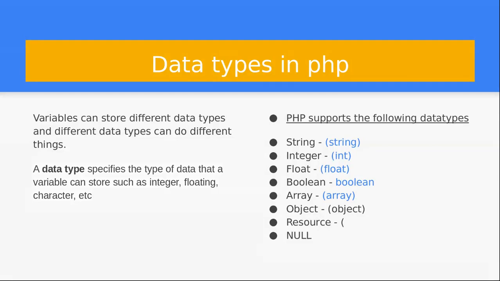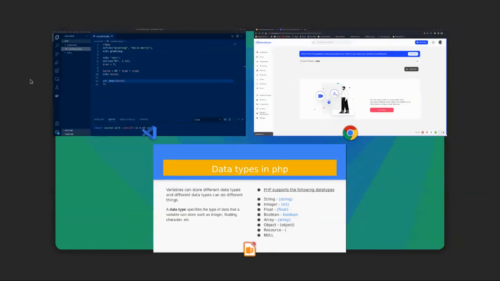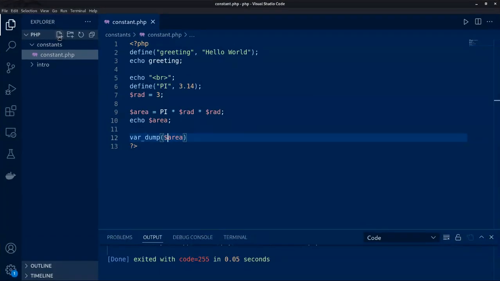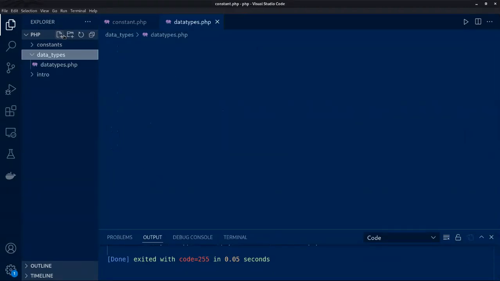though we might leave out some until we reach the level where we'll actually discuss that. So I'm going to switch to my text editor, and I'm going to create another folder so that we organize our work. Data types, and inside data types I'm going to create a file, data types PHP,